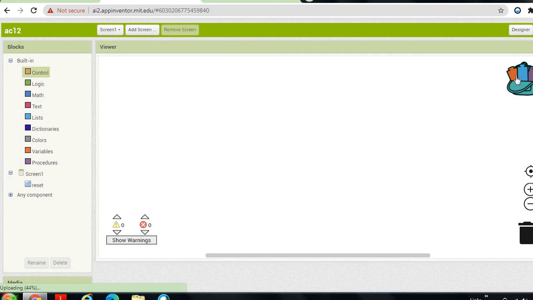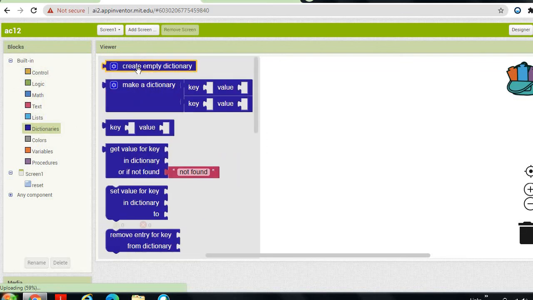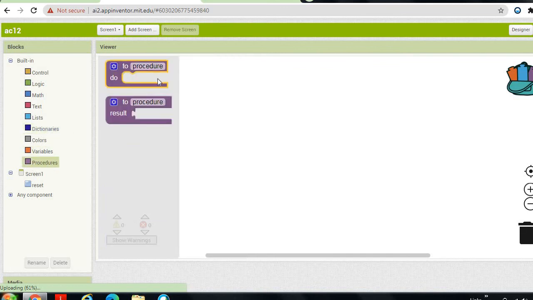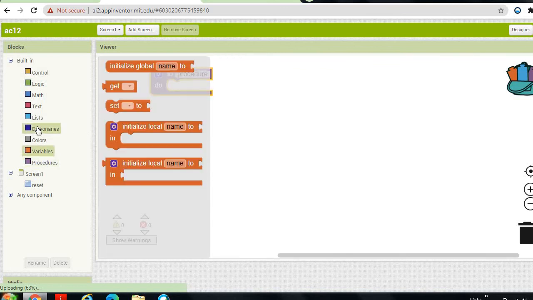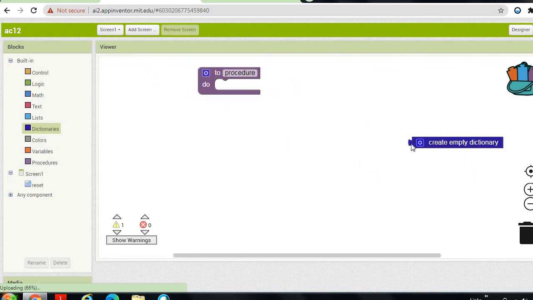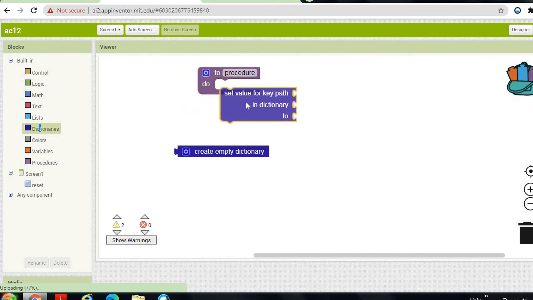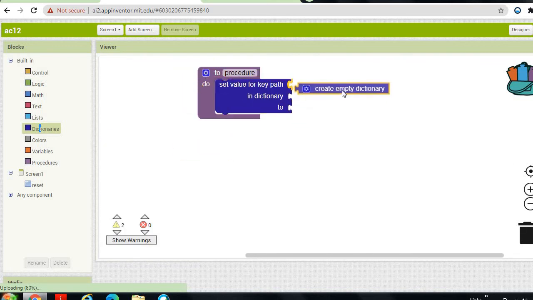Then this is the backpack. If you want some blocks for so many projects, you can add them to the backpack. Then I'm going to pick one random block, like this. So for example, if I try to fit it, it will not fit, because you can see the block should be like this, then it will fit like this, and this will fit in this. So that's all. Hope you like my video.